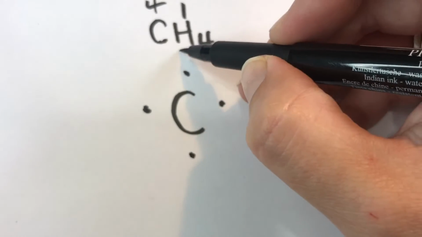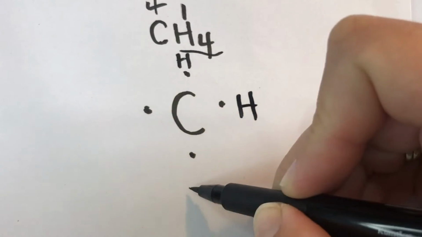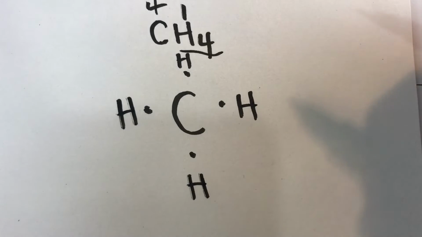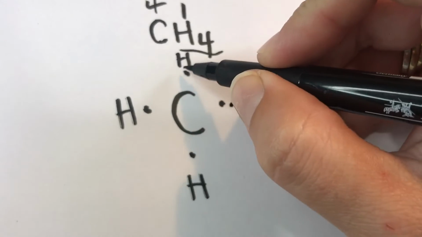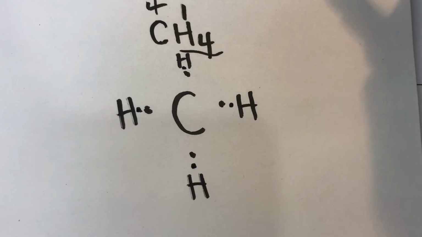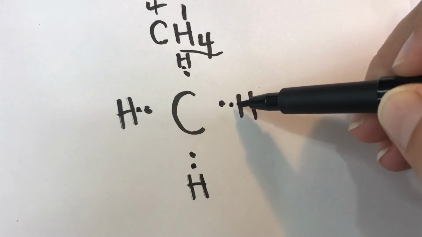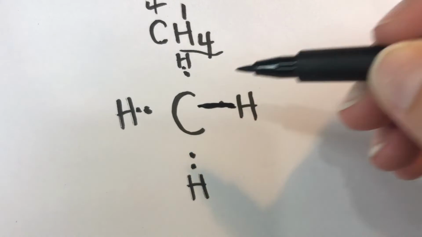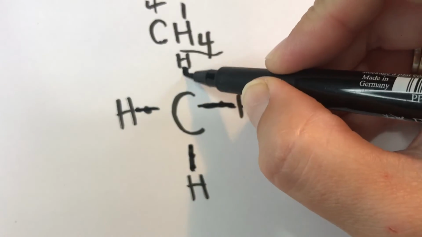So then what we do is we need to spread our 4 hydrogens evenly around the central carbon. And then we need to add our valence electron to each hydrogen. 1, 2, 3, and 4. And then wherever there is a single electron next to both the central atom and the one beside it, we connect those single electrons using a line, which shows that they are now a bonding pair of